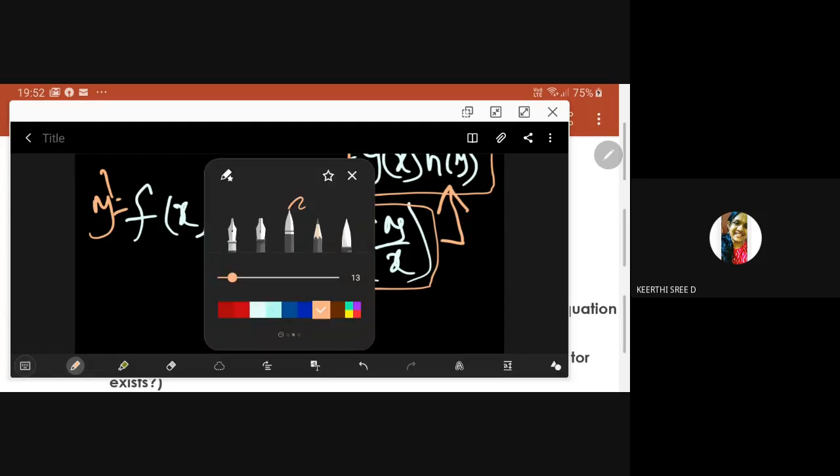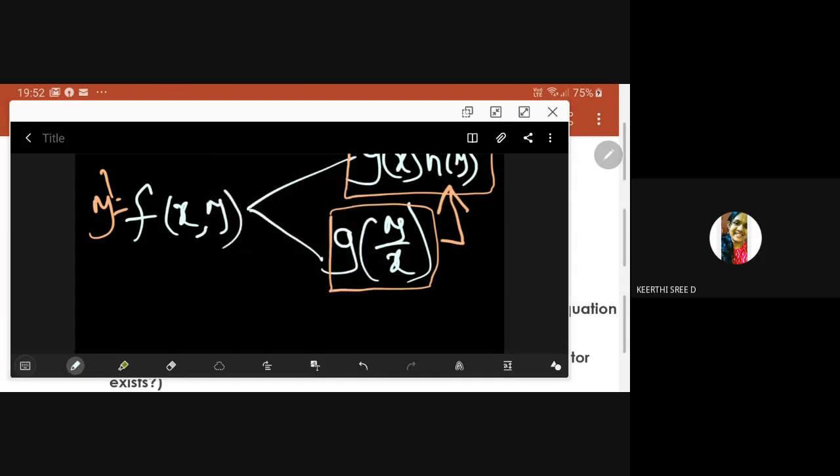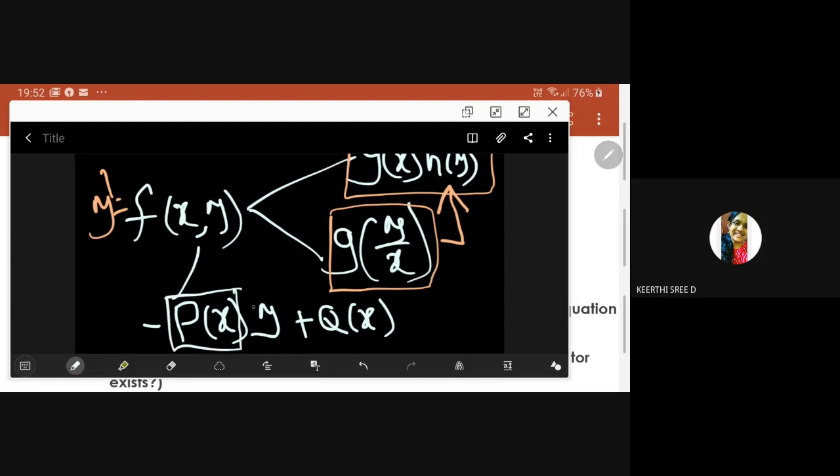Here, what we are doing is that a third case is coming. That is something like minus p of x into y plus q of x. Something like this if you are able to write. See, here some problem is there. You are able to see a product involving x into y, something involving y, but there is something different here. Only the x part is left, a residue is there. So we need to handle that case.